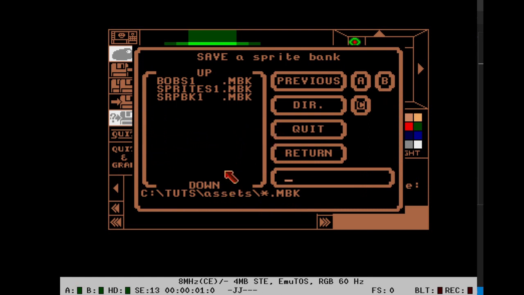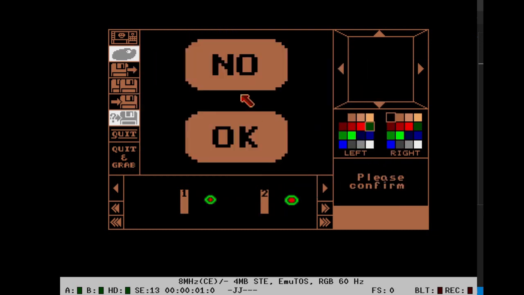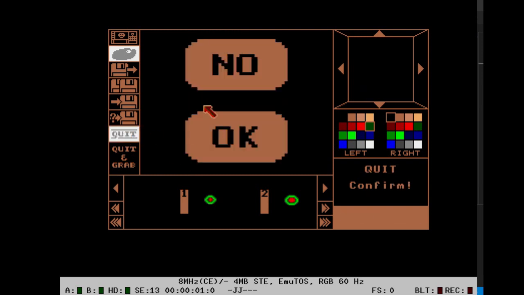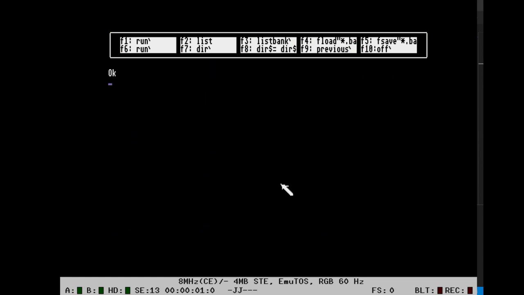In the current toots asset folder, there may already be a sprites1.mbk, especially if you downloaded the tutorial files and are using that folder as your working folder. It's okay to overwrite the provided file with the new one. If it's already there, it will ask you if it's okay to overwrite. It is. Now exit STOS Sprite Editor and we'll use the MissingLlnk make utility to create our pre-rolled bobs from